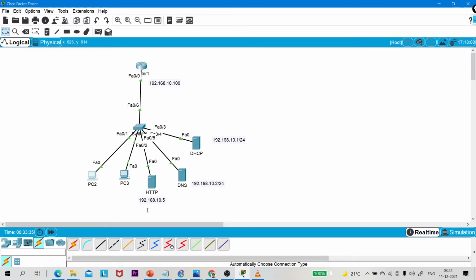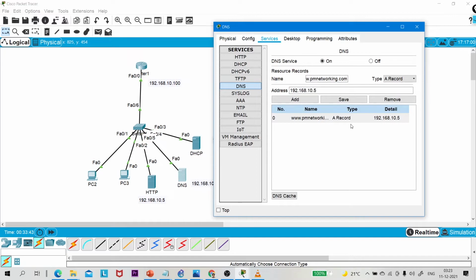So 192.168.10.5 is the IP address of www.pmnetworking.com. How? Because the DNS server has the entry, right?